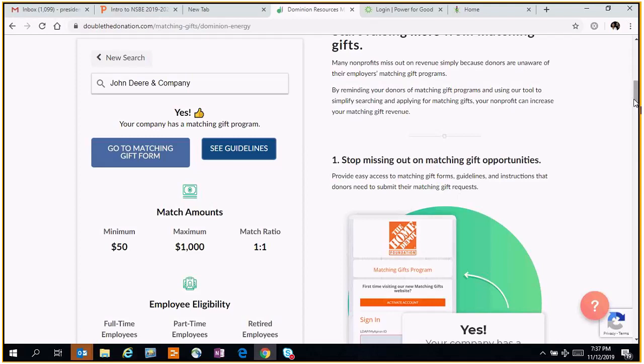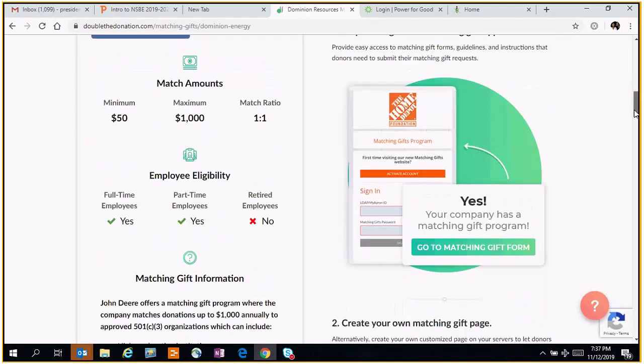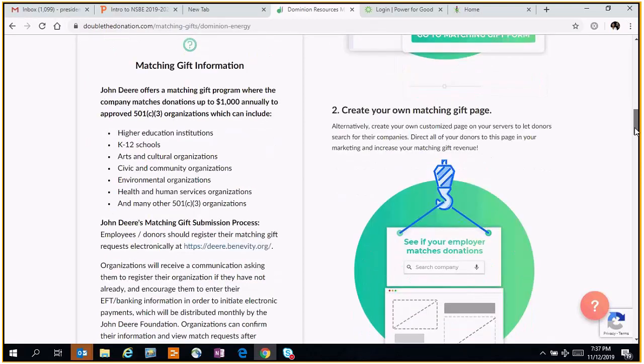And then this is not shown here, but most companies will provide a certain number of hours for the employee, a limit per fiscal year. Some of them do it on the calendar year, and they may also have a minimum of how many hours you have to have before you submit for a grant. So the way the programs work is different. It may not be the same at every company. So it takes a little bit of research.